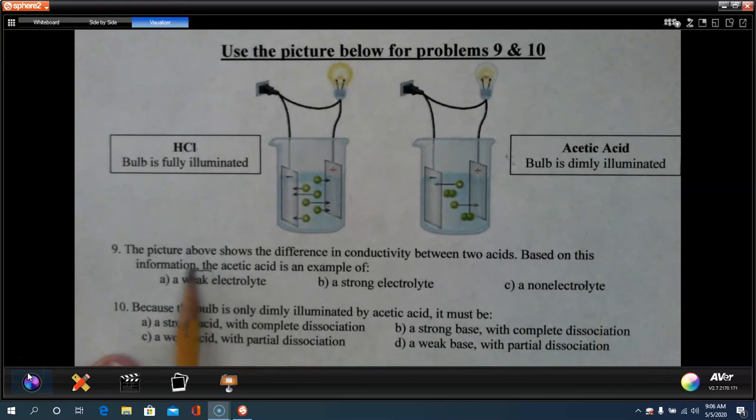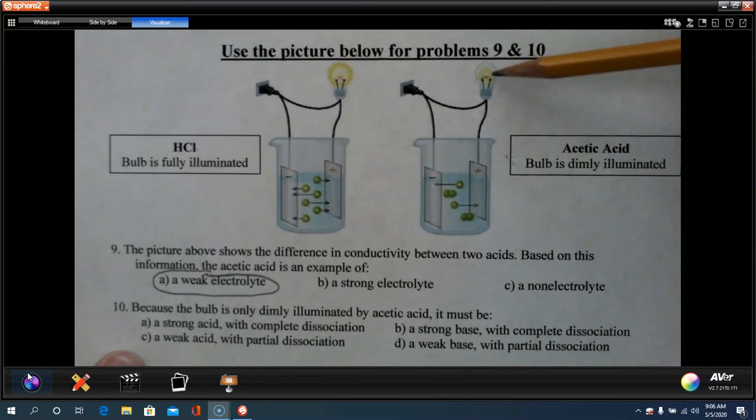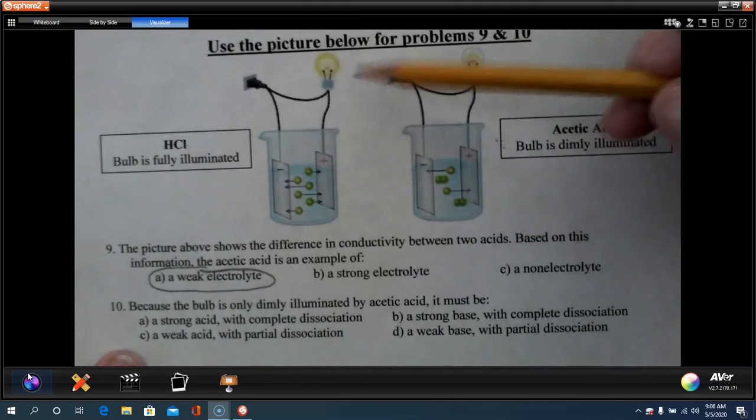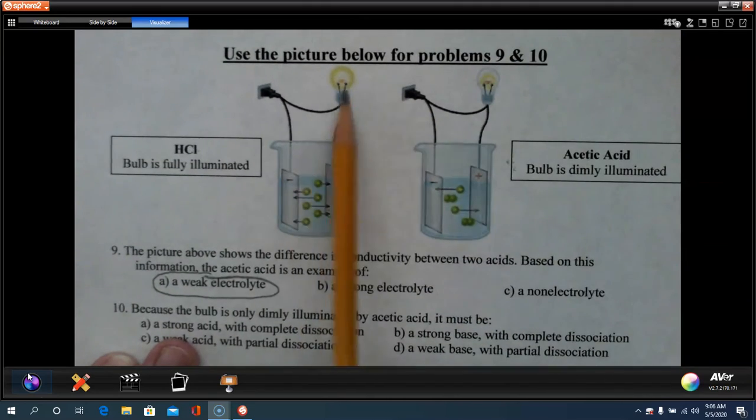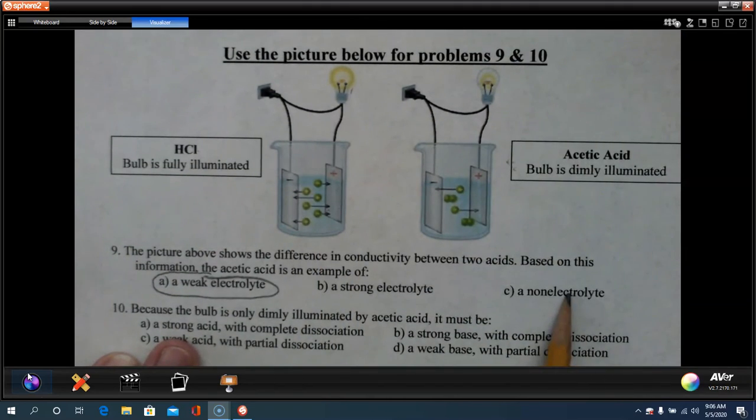It is a weak electrolyte. Okay, it'll light up the bulb, just not very much. Strong electrolyte is one that would really, really light up that bulb, like hydrochloric acid, and a non-electrolyte would be something like the nitrogen dioxide in the other problem that wouldn't conduct